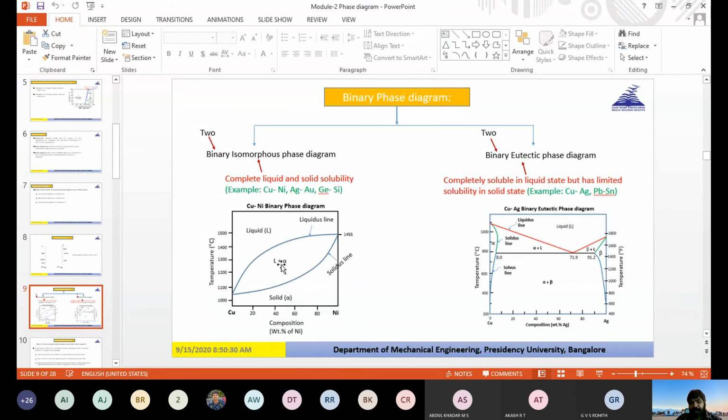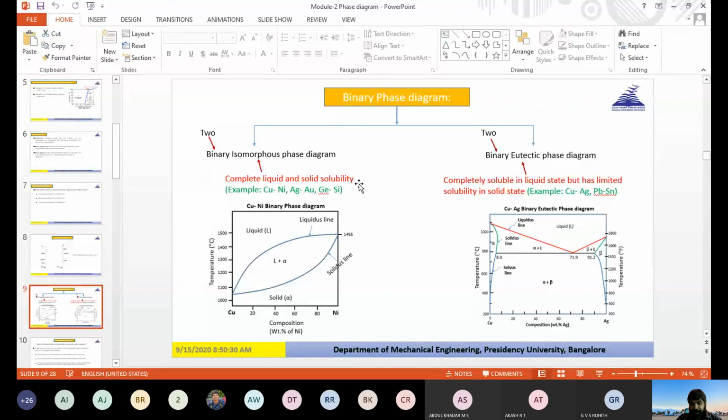Then you can tell that it belongs to the two-phase region, meaning liquid will be there and solid will also be there. So this is what we have studied, the definition of the phase diagram. It tells us about the equilibrium phases that are present in a system in response to temperature and composition. Why have we not taken pressure over here? Because I have already told you all the phase diagrams are drawn at constant pressure only. That's why we haven't included pressure over here.